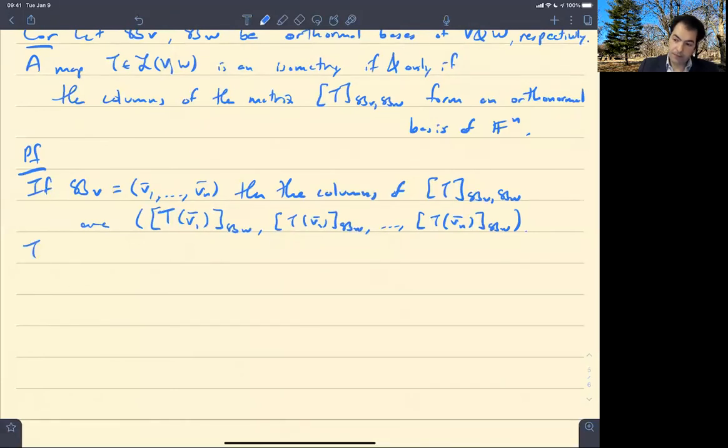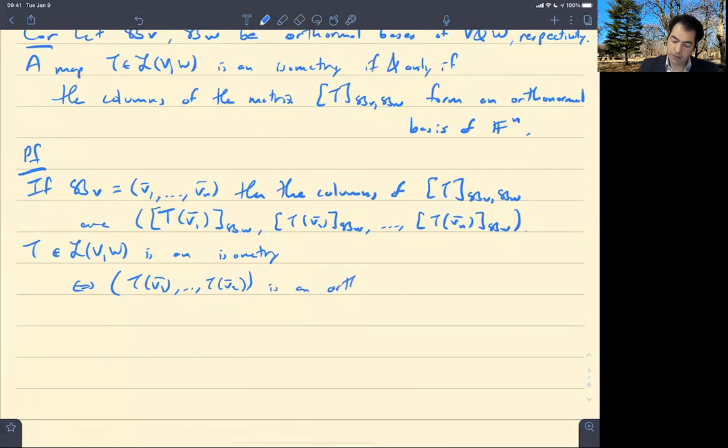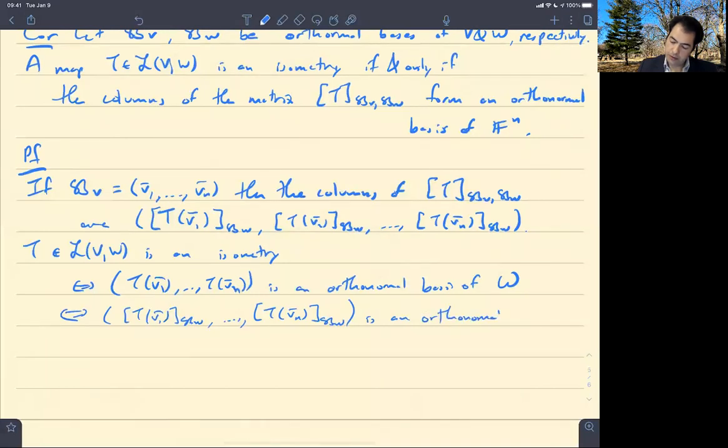Okay, now T, the linear map between V and W, is an isometry if and only if the list T of V1 through T of Vn is an orthonormal basis of W, and then that's equivalent to having the list we were just interested in, T of V1 expressed in the basis BW up to T of Vn expressed in the basis BW, is an orthonormal basis